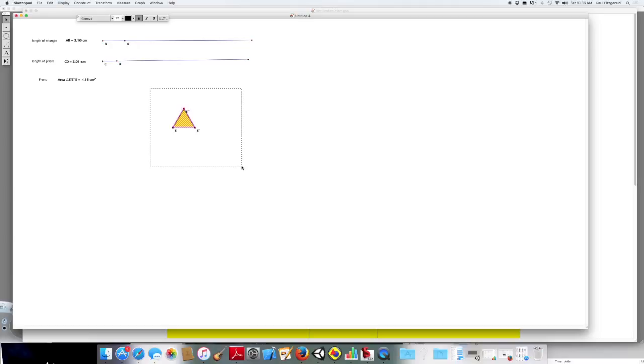So the next thing we're going to do is move this triangle to give ourselves a little room to make our drawing. We're going to mark this distance. And then